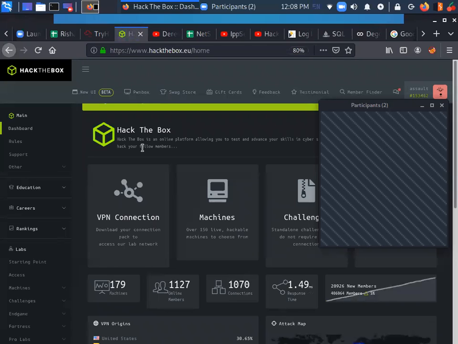We're giving you a brief summary of the machine. We found that FTP was open. We found that a web server was running on port 80, and anonymous login was allowed on FTP. Once we connected to the FTP, we saw that the root directory of the server and the FTP are the same.